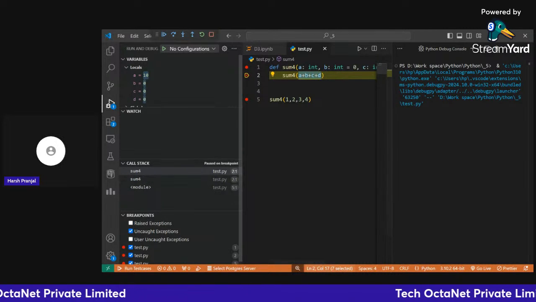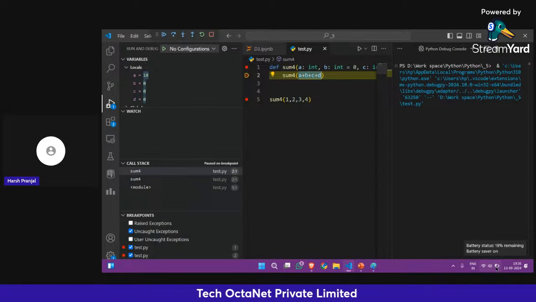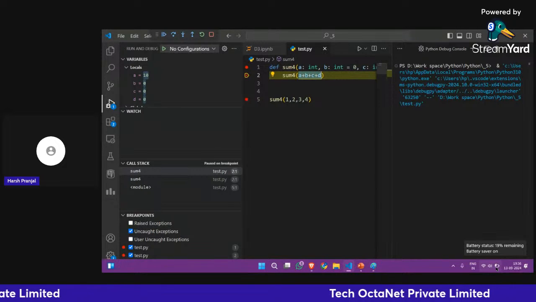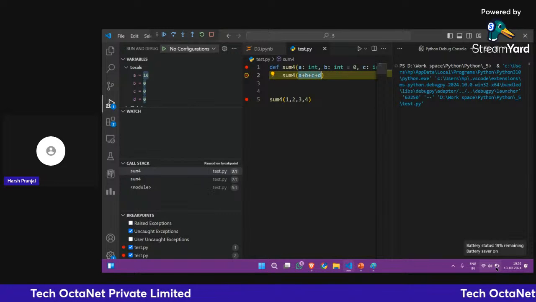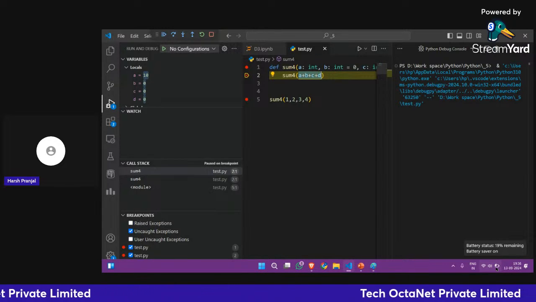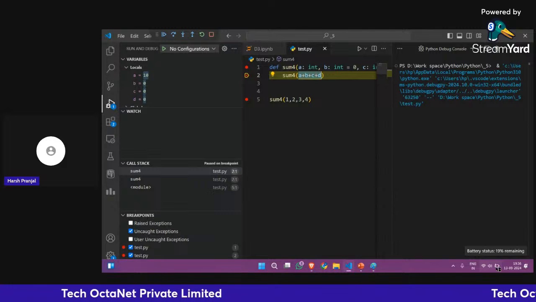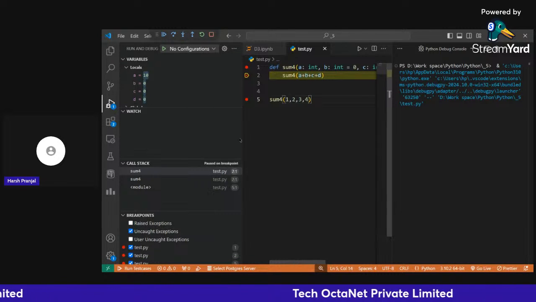See, why is my brightness going like this? Okay, a second. Yeah. Okay, so